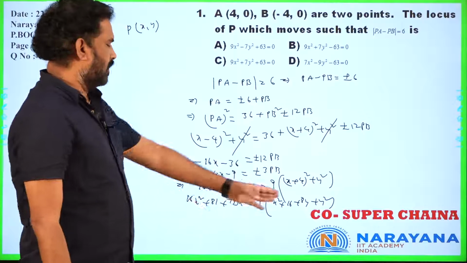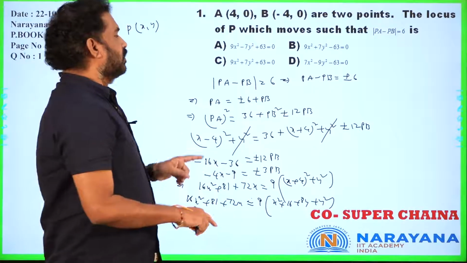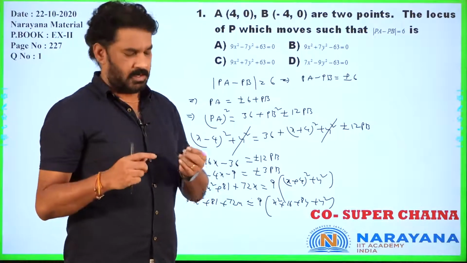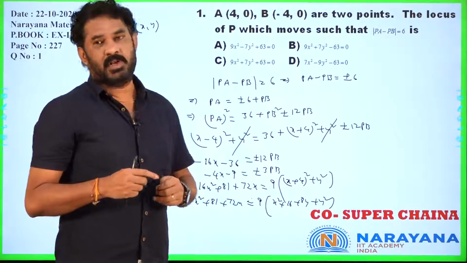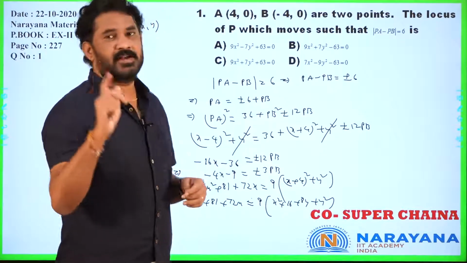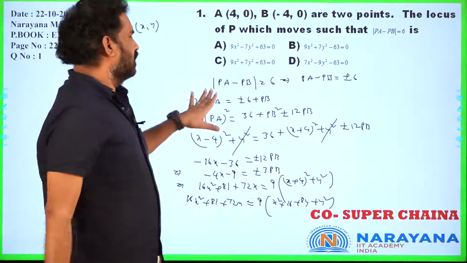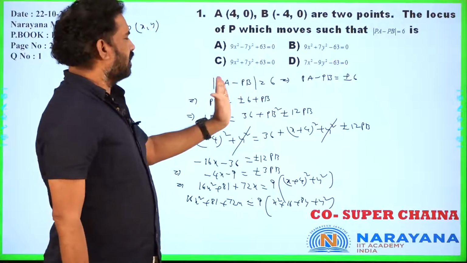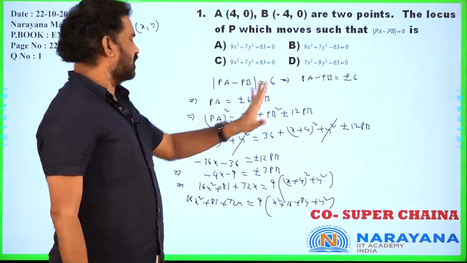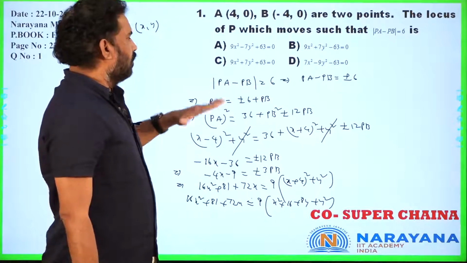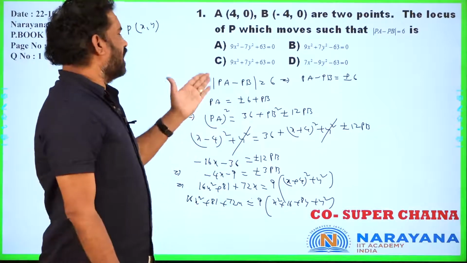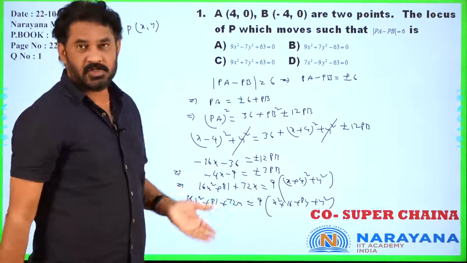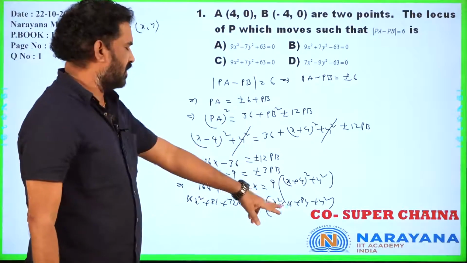The final step, one step you can do. So this is a process. We have the short method also in conic sections, in second year classes, I think it is the hyperbola equation. Okay, so now you cannot understand that method. This is the general method. First I removed the modulus so that I got plus or minus 6. Next move PB to the right side, make it a whole square, so that one by one we have to cancel, because PB means root of (x plus 4) whole square plus y square like this. Two times we have to make it a whole square to get the locus. So okay, simplify this one, you will get the answer.